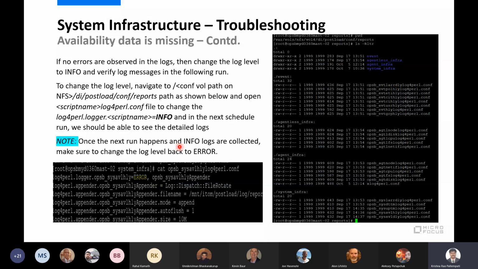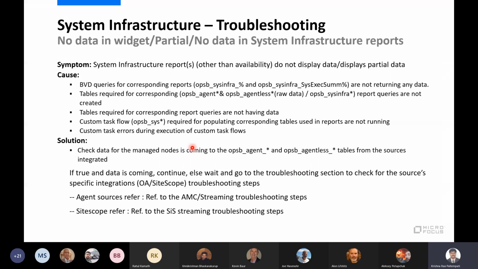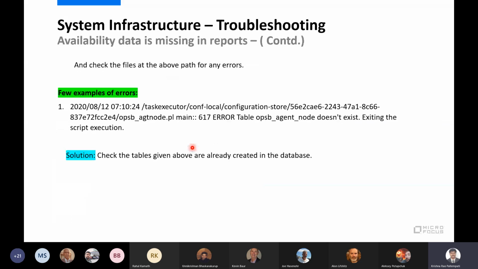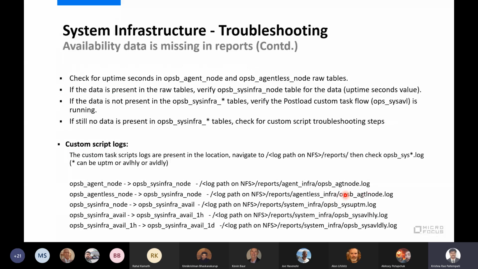This is the place where we can find more information on the custom scripts and custom aggregations which we have written. Based on the log errors, you can interpret, or you can come back to our CP team, so that they will further debug the issue.